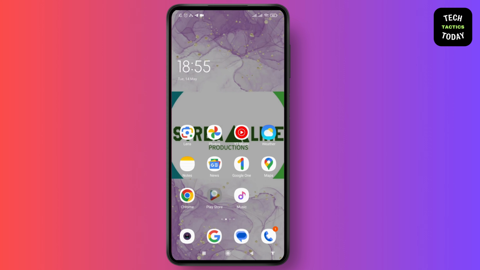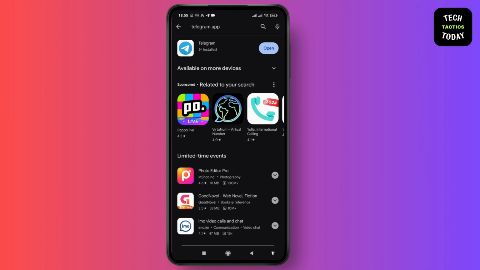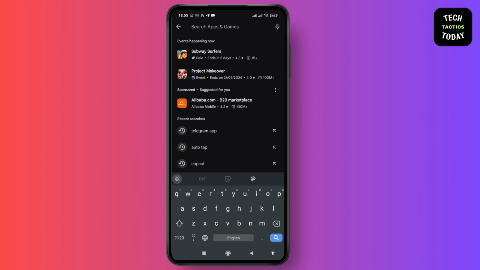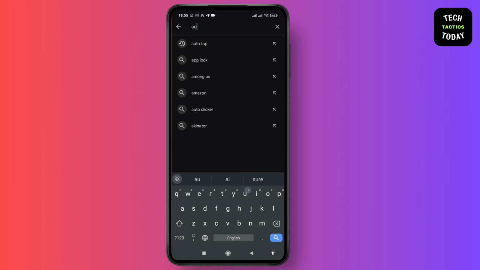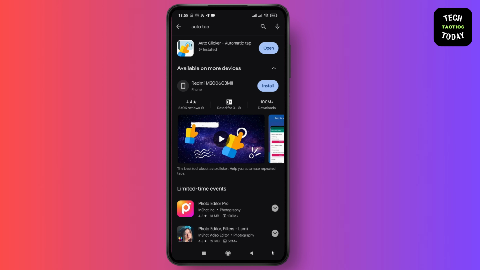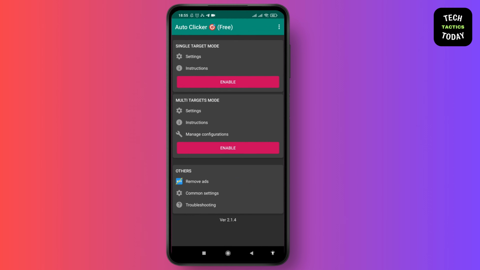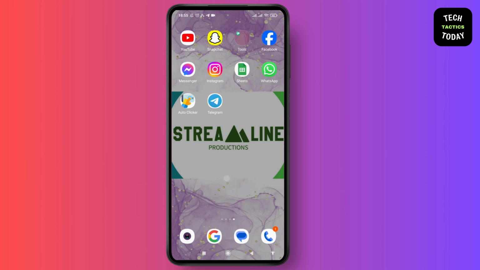For that, go to the Play Store and search for the Auto Tap application. Download this application, and I have just downloaded it. When you download it, you just have to allow some of the permissions. After that, this type of screen will appear